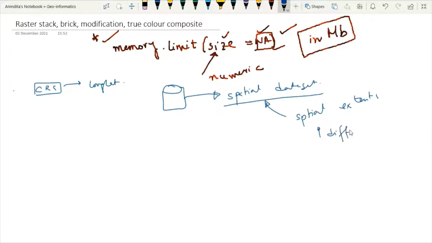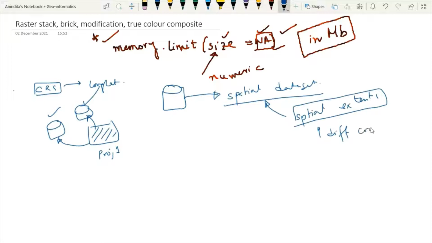Whatever data we are gathering from different sources, say I am working on a particular project, this is my project 1. In this project, say land related information I am gathering from one data source, and environmental information from another source. Whatever data we gather from different sources, their spatial extent will be different and their coordinate system will be different. At this point, what can you do? The only option you have is to use the project raster function in order to convert any of the rasters into some common coordinate system. So this is one reason.